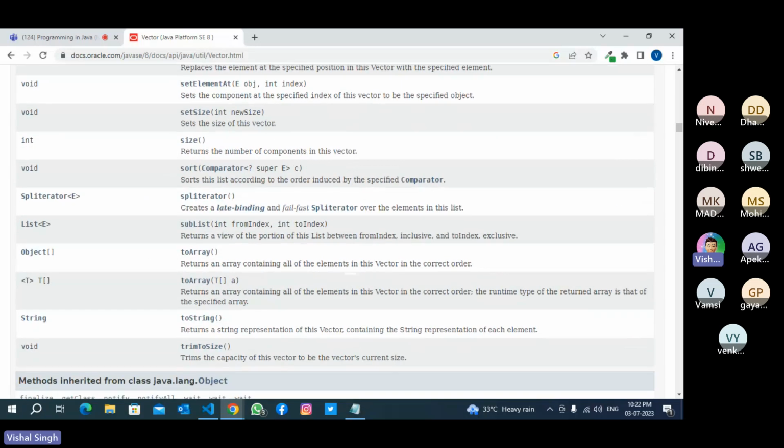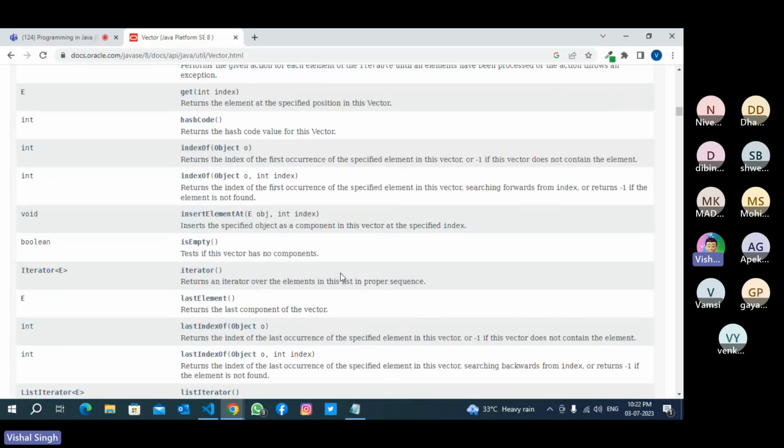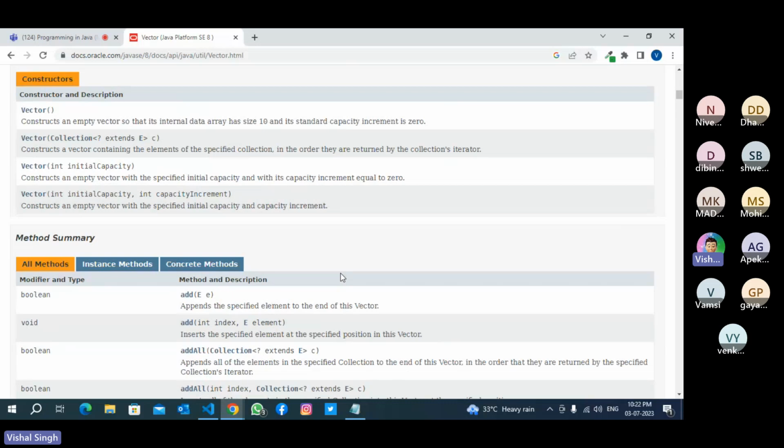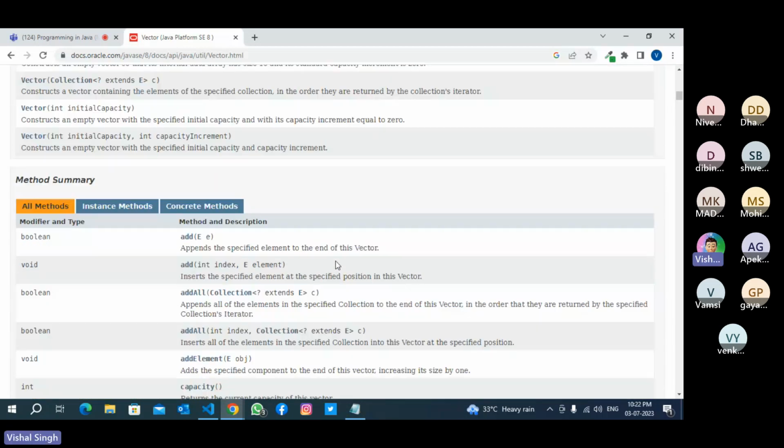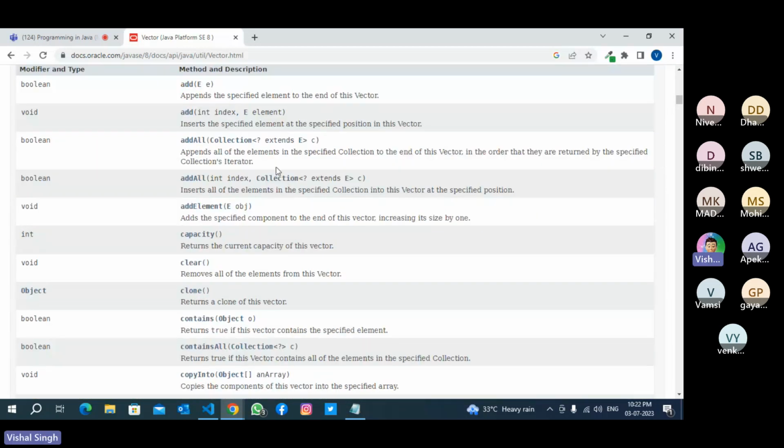All these methods you have to practice yourself, because now is the time to practice and work practically. What is this add? This is element. With int index, element, you choose at which index you want to insert a specific element.